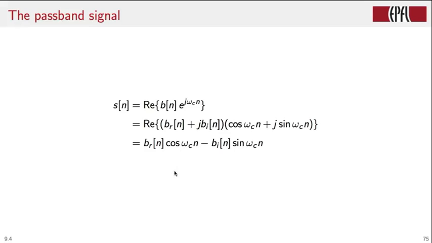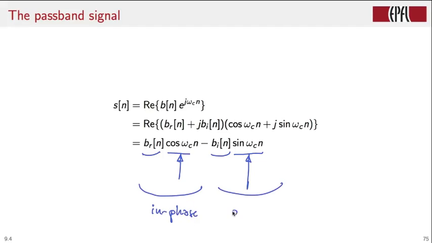Now you see here we're multiplying each component, the real and imaginary parts of the baseband signal, by a carrier, and the two carriers are orthogonal to each other. So we have a cosine carrier and a sine carrier. These two carriers are orthogonal because they're shifted by a phase of 90 degrees. When two things are 90 degrees apart, they're said to be in quadrature. And so the first component of the signal will be called the in-phase part, and the second component, the one modulated by the sine, will be the quadrature part. And this is the nomenclature behind the acronym QAM. Okay, so now this signal s[n] is clearly real,